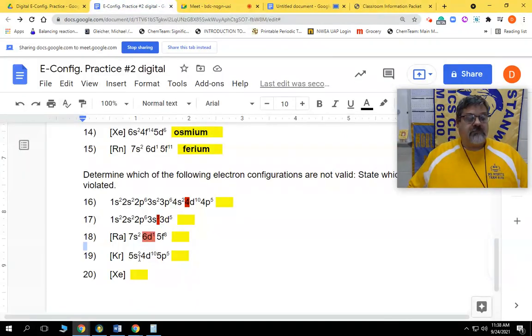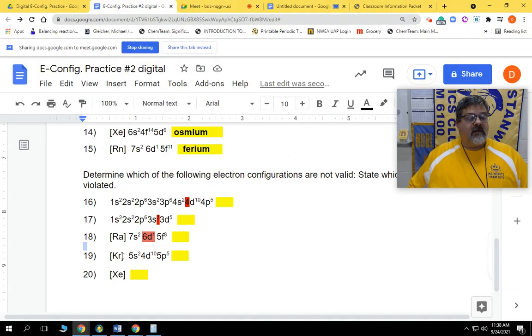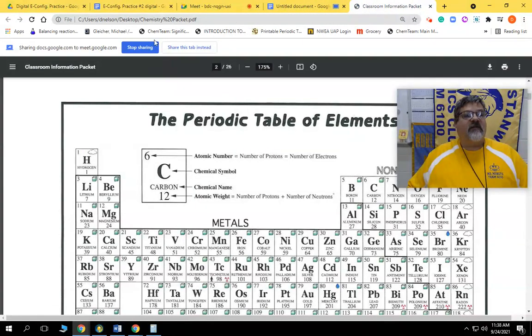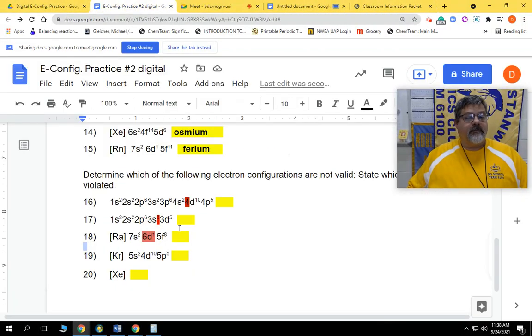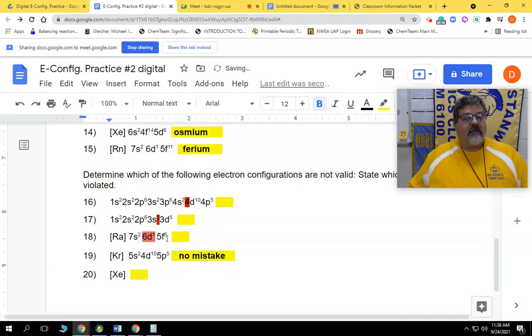Well, let's double check, make sure our numbers are correct. So krypton is 36. Let's look at 36, 37, 38, 39, 40, 41, 42, 43, 53. Is iodine 53? Iodine is 53. Hey, you know what? There's no mistake. And this last one, it looks like it's written right, but we're just going to say this